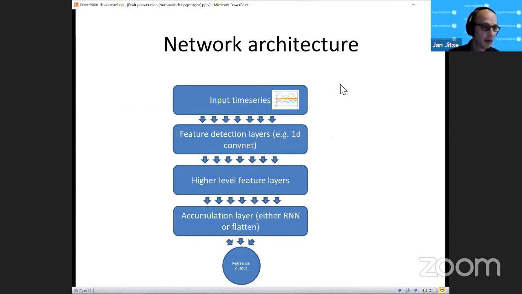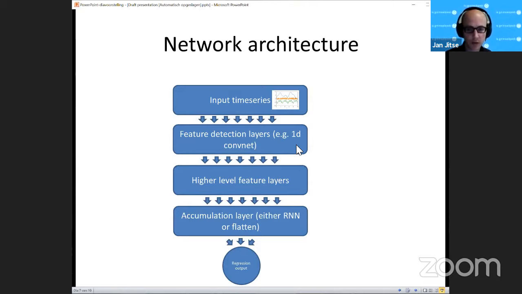So the network architecture we came up with: we have the input time series. Of course, the time series is normalized, so mean subtracted, standardized, and then we had a feature detection layer. In this case, I came up with a 1D convnet for this.